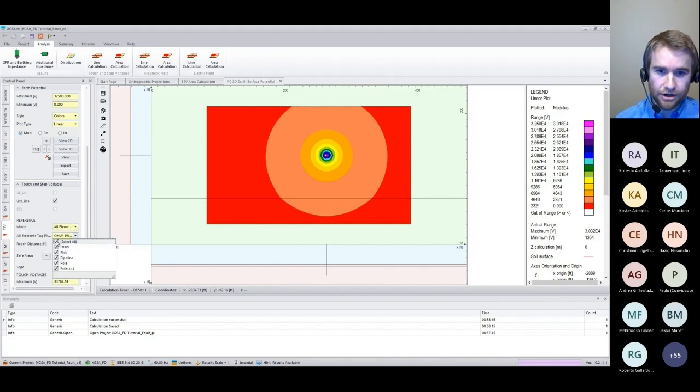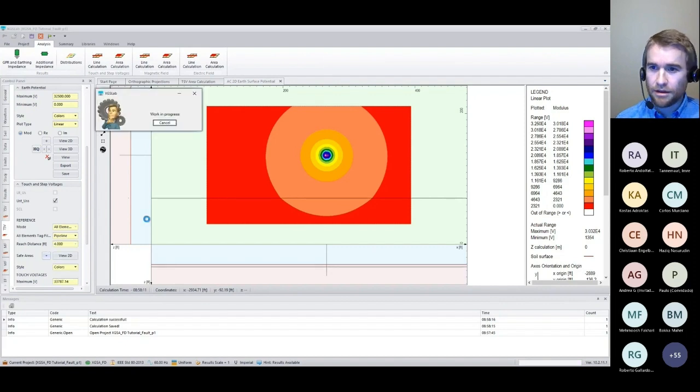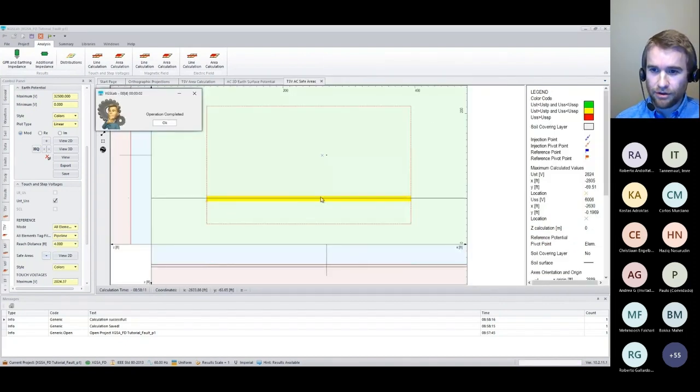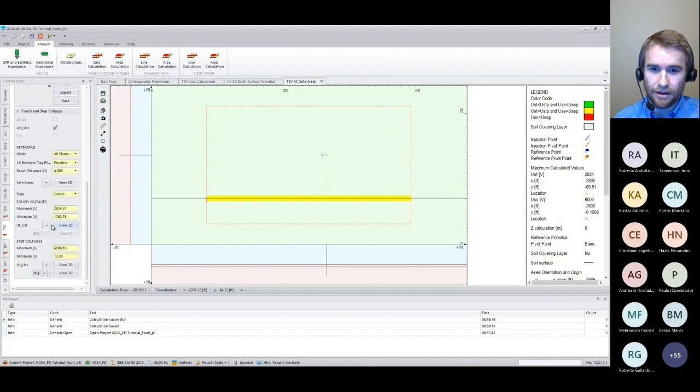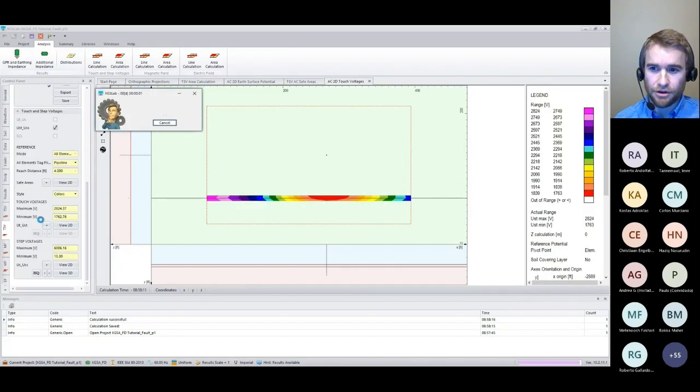So we can change our filter to look at just touches to that pipeline. I might limit my reach to, we'll say 4 feet, that's fine, so we'll only get results around that pipeline. The yellow is indicating that I'm exceeding my compliance limits. Then I'll go to my non-filtered view, and we can see